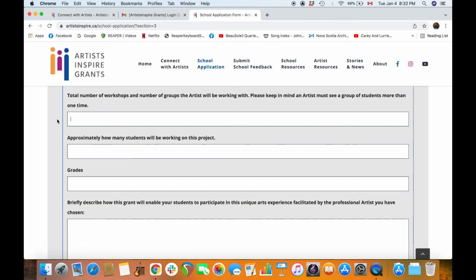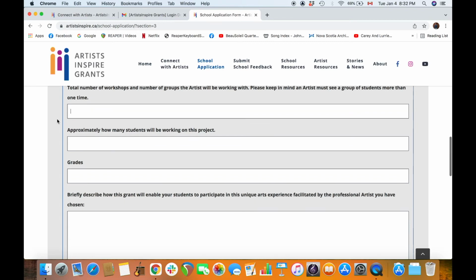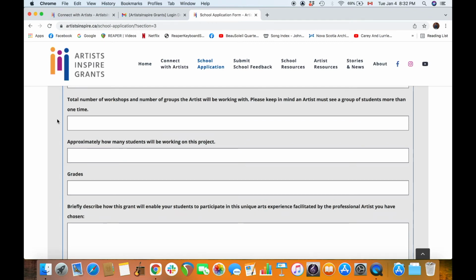We value the importance of the artist and the students connecting, and the students having access to the artist, asking questions, understanding what it means to be a professional artist, and understanding also what it means to practice in this discipline. And for that to happen, there needs to be a few visits. And so our guidelines for how many actual workshops, or how many visits, if you will, is 8 to 12. So 8 to 12 workshops of about an hour or a period long in total for one ArtistsInspire grant of